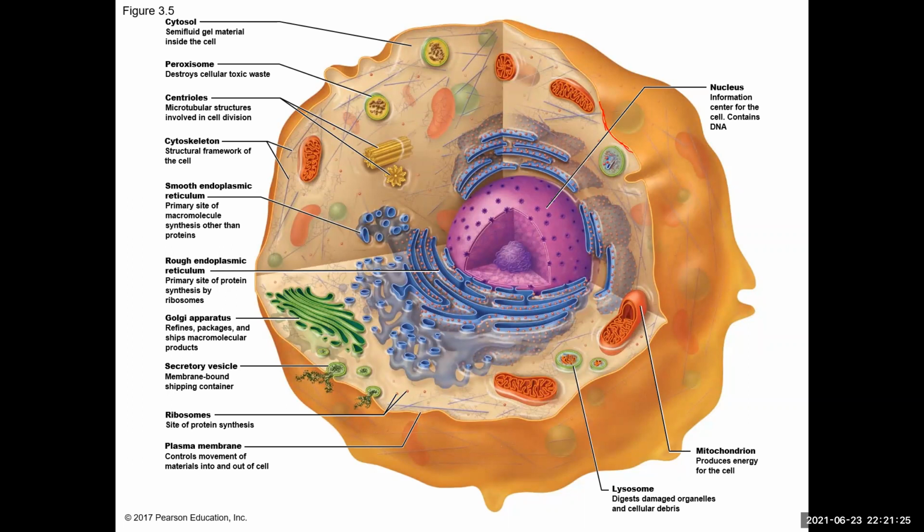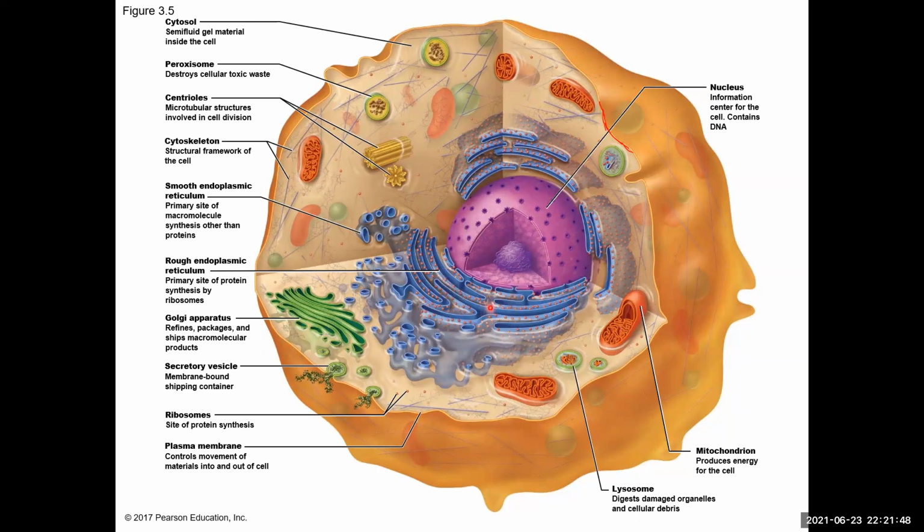Now, inside the cell, our organelles, we're going to start at the center and work our way out. First the nucleus, which is this purple structure. And the nucleus is where the DNA is contained. And the nucleus is where ribosomes are made as well. Okay. And then attached to the